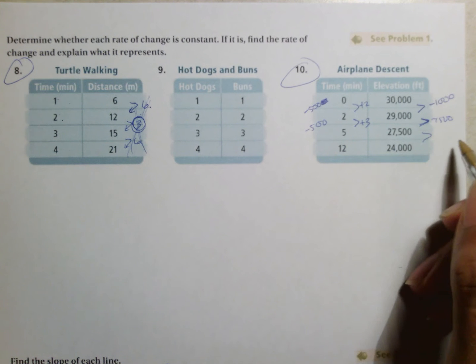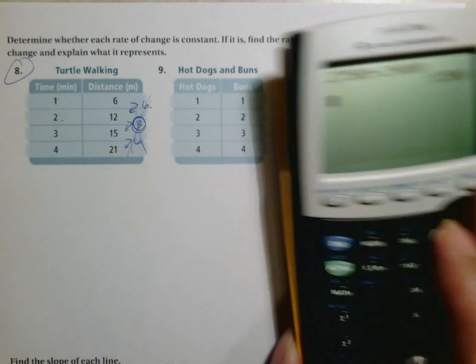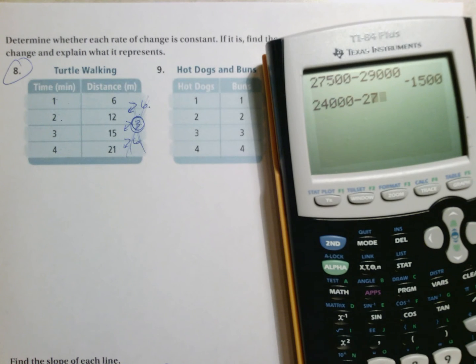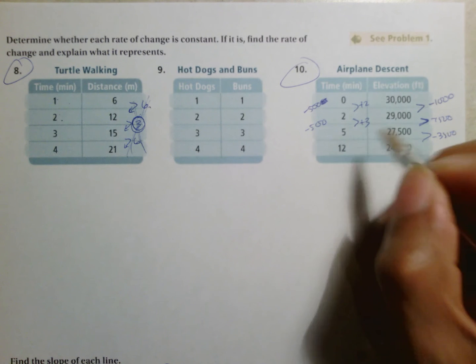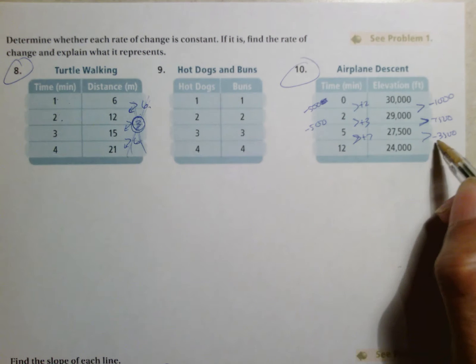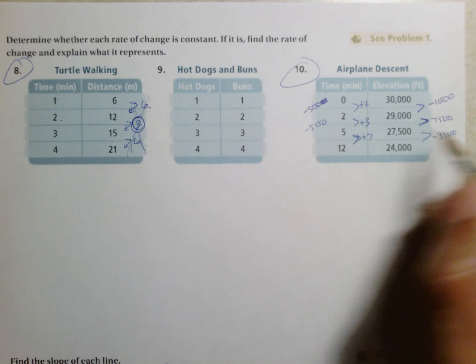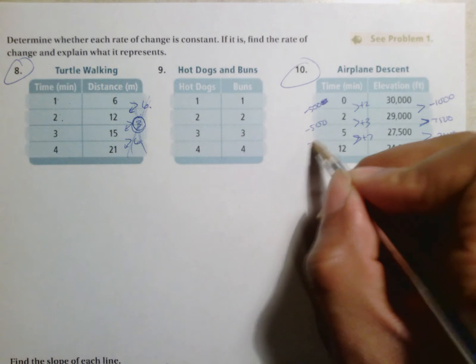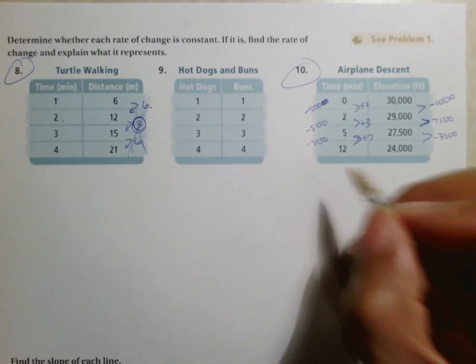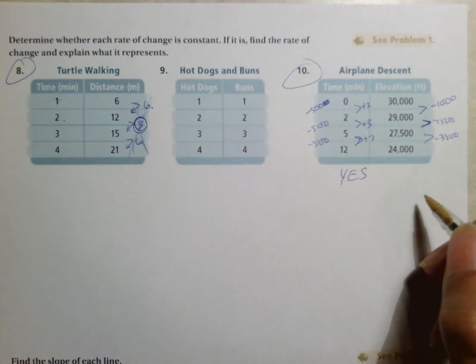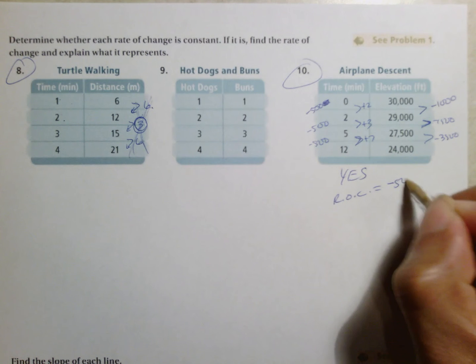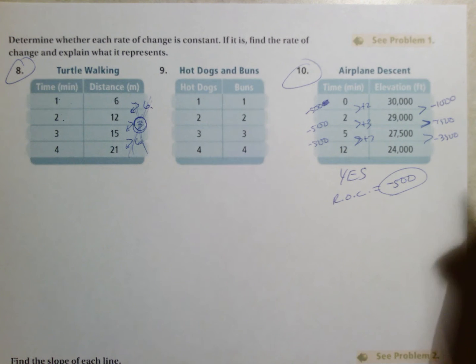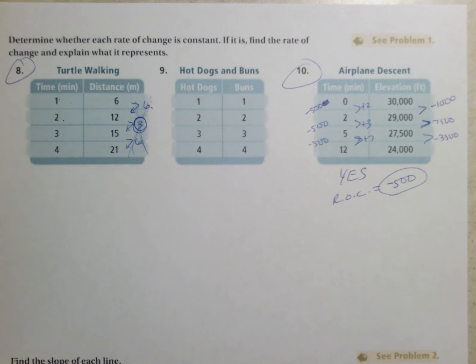Here, 24,000 minus 27,500 gives me negative 3,500. This here went up 7, so that went down 3,500, up 7. This divided by this, notice 35 divided by 7 gives us negative 500. So yes, this is constant, and the rate of change is negative 500. Okay? So again, checking out that skill, work on that skill when you get the chance to,